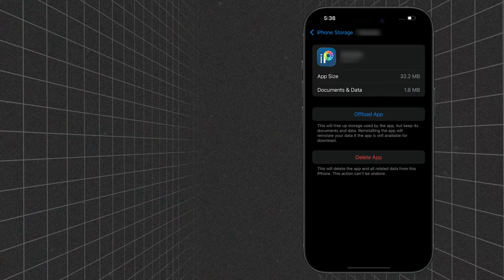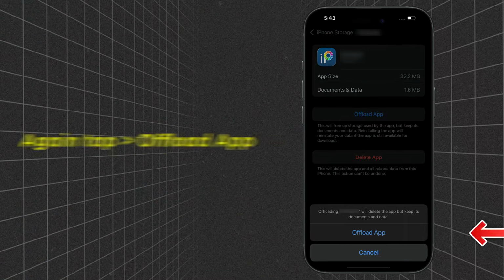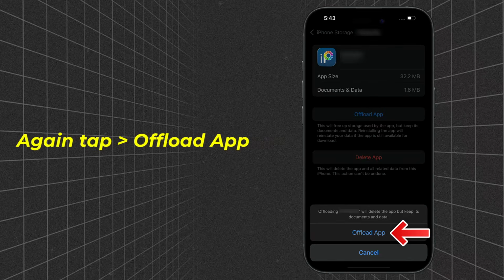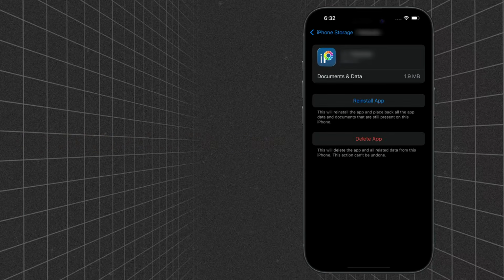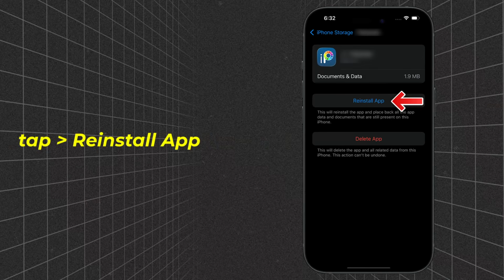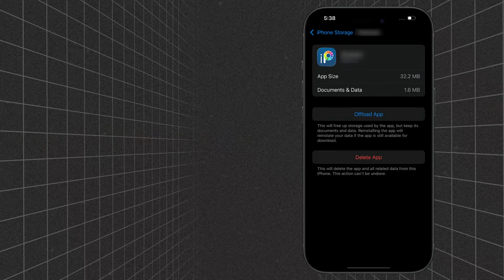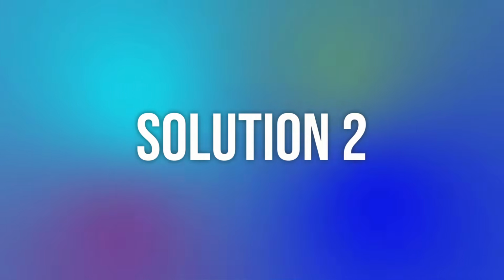On the next screen, you need to tap on the Offload App option. A confirmation pop-up will come up. Now tap on the Offload App option here. It'll take a bit for processing, and then a Reinstall button will show up. Simply tap on it to reinstall the app. This should resolve the issue, but if it doesn't, then you need to check if the app is running an